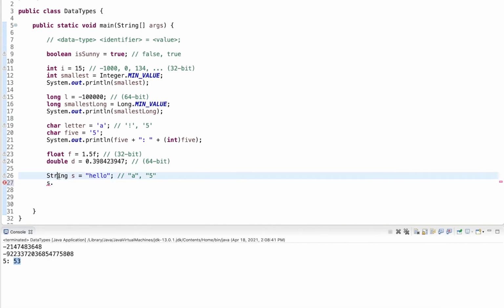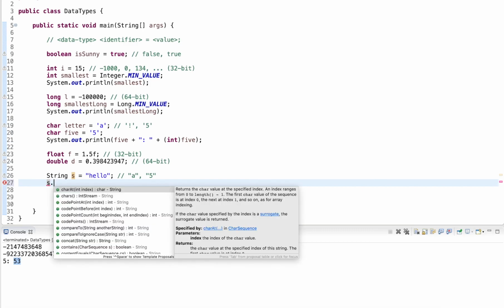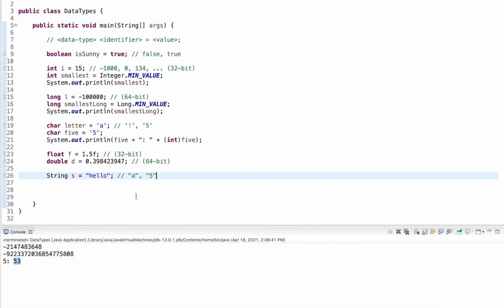So in the very beginning, when I talked about a basic Java program, I mentioned Java has classes. And so here we actually create an object, and an object has a state, which are the characters, and then the methods here that can operate on the state, on these characters. So this is a little bit different than the other ones.